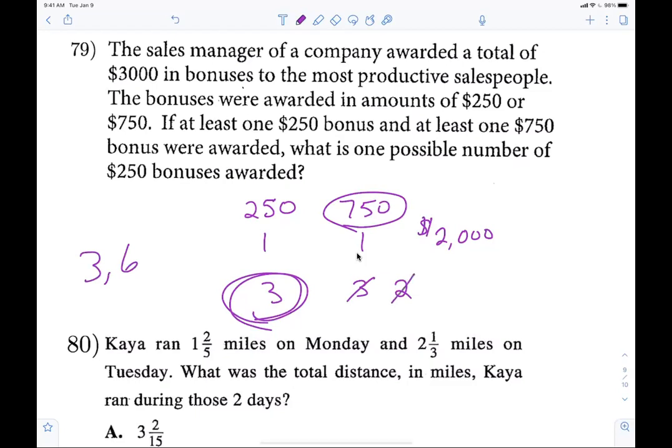I don't like 2, so I could make it a what? 1. So that means I'd have to add another what? 3, right? I'd rather more people get bonuses than fewer. Now, can I do it one more time and say, okay, 1 is 0? And then the other side would be how many? Why can't I do that? Yeah, there has to be at least one 750. So that's not going to work out. Does everybody agree with that? That's why the answer is either 3, 6, or 9.